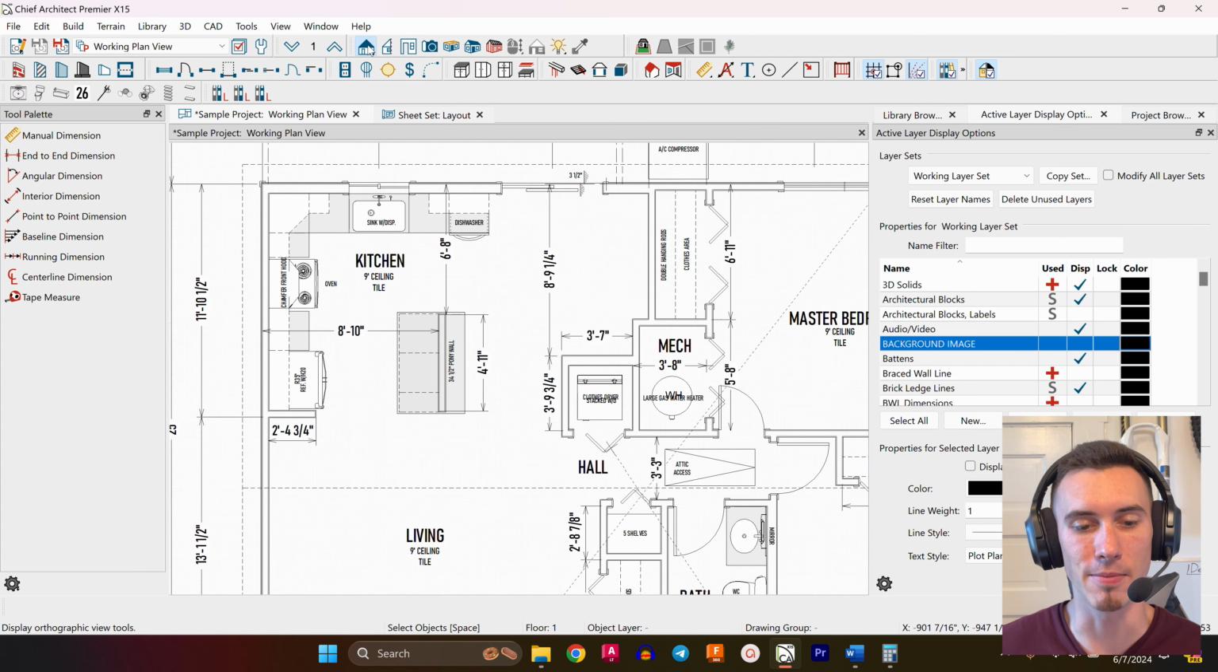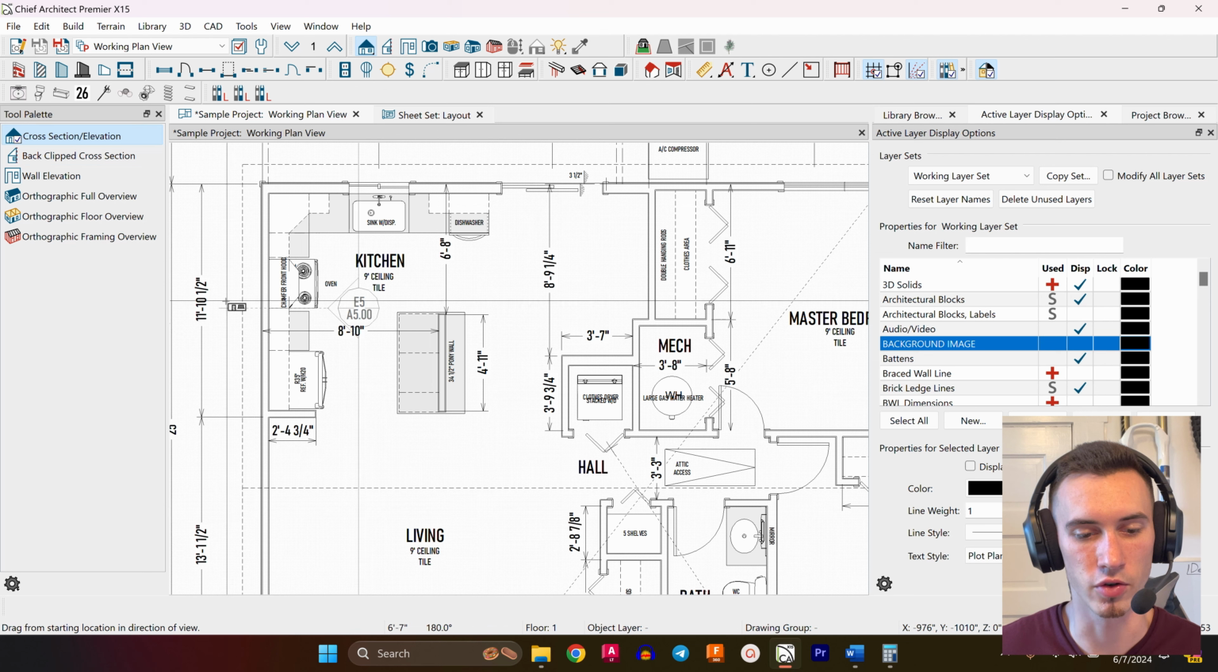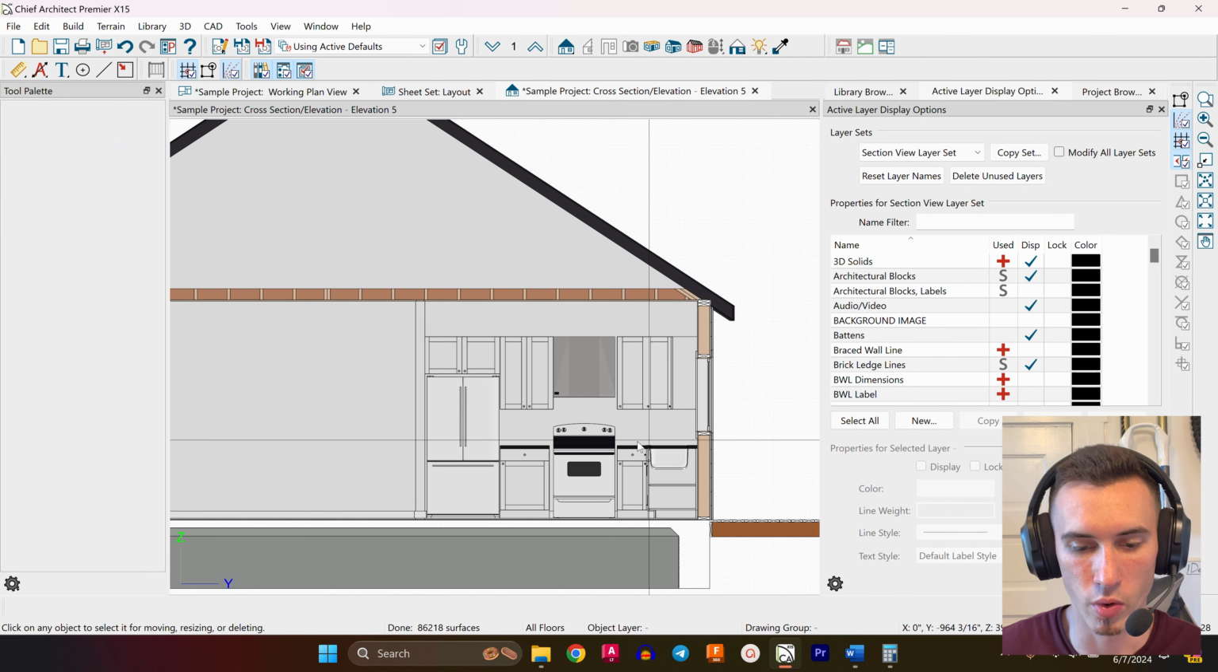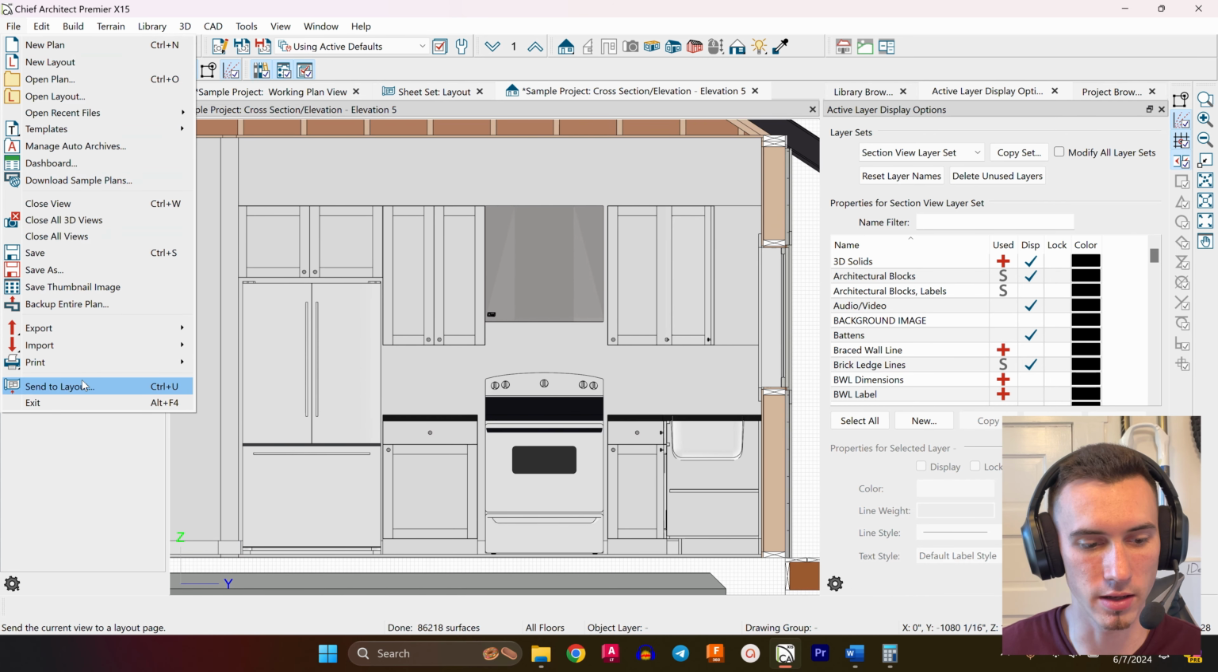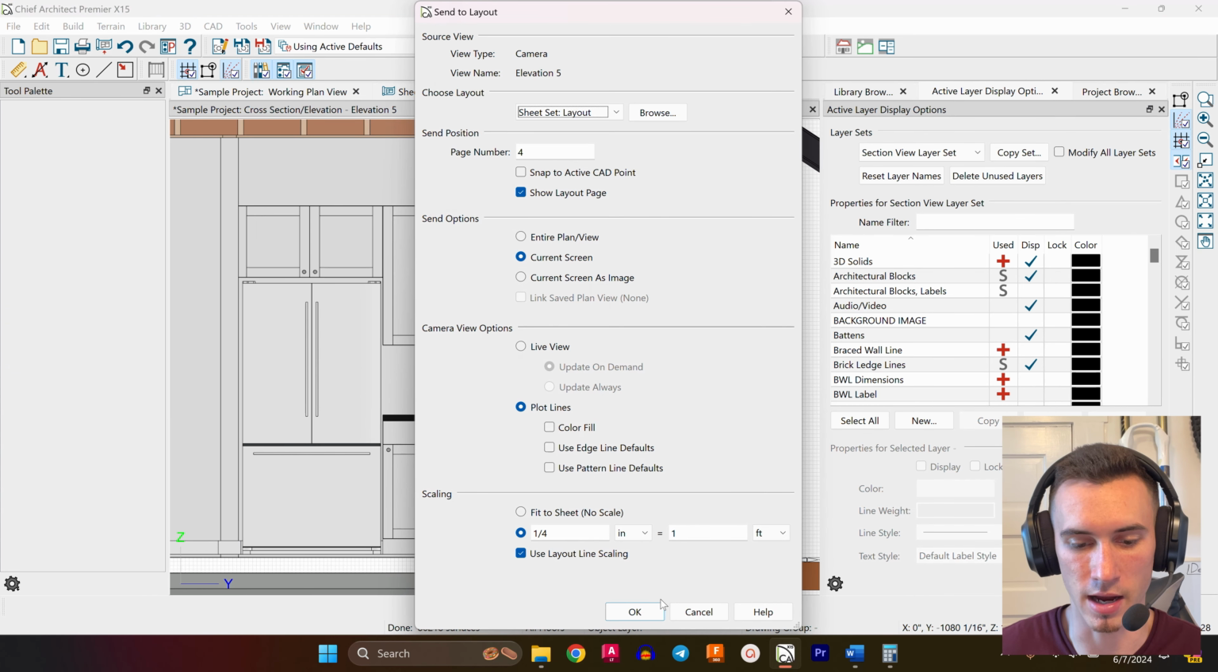So there's my kitchen. I'm going to go to cross-section view, drop a camera, hold and click, and then drag to the left. It's going to open up the cross-section view of this part. We're going to zoom in on the part we care about, zoom out just a little bit, and we like it here. We're going to go File, Send to Layout, the current screen, plot lines, and we're going to blow it